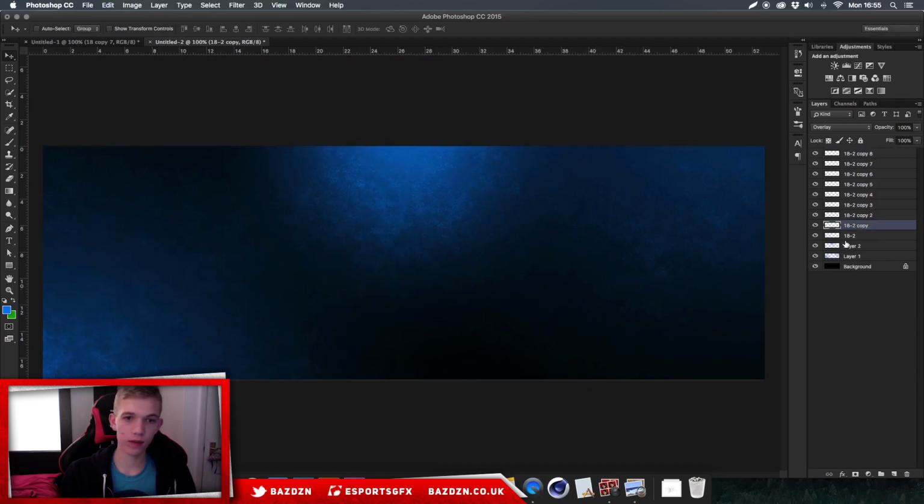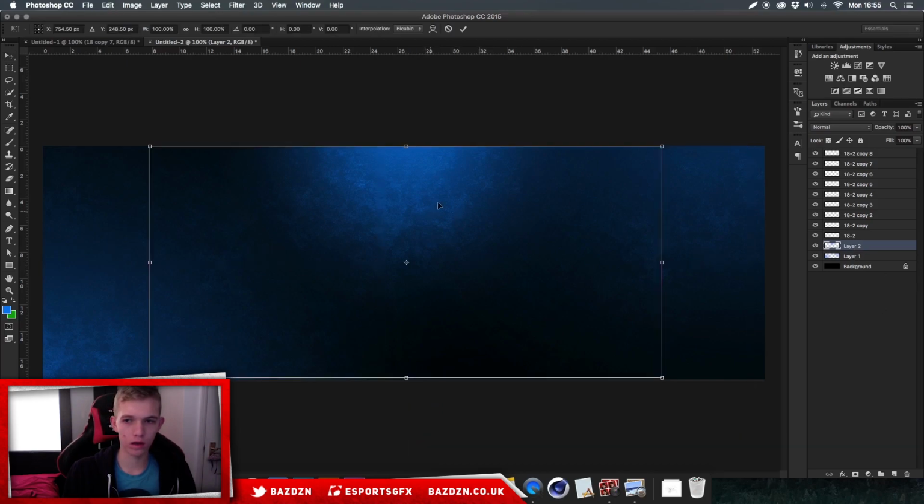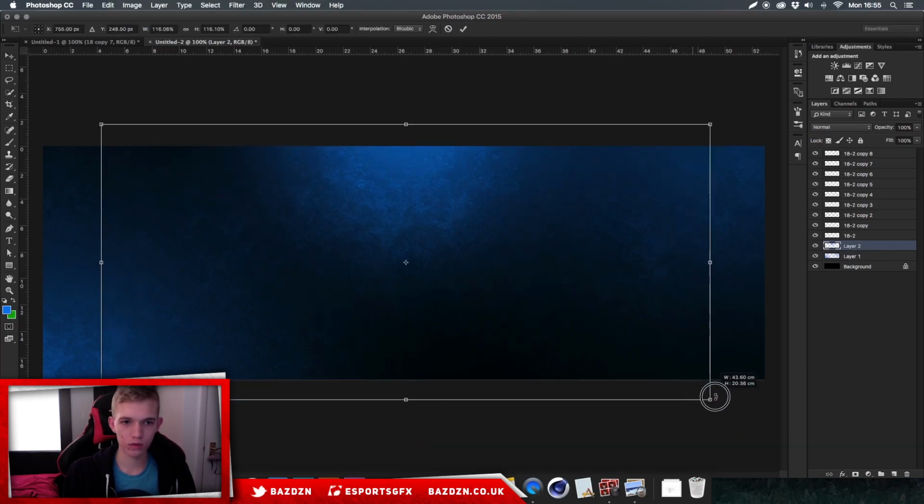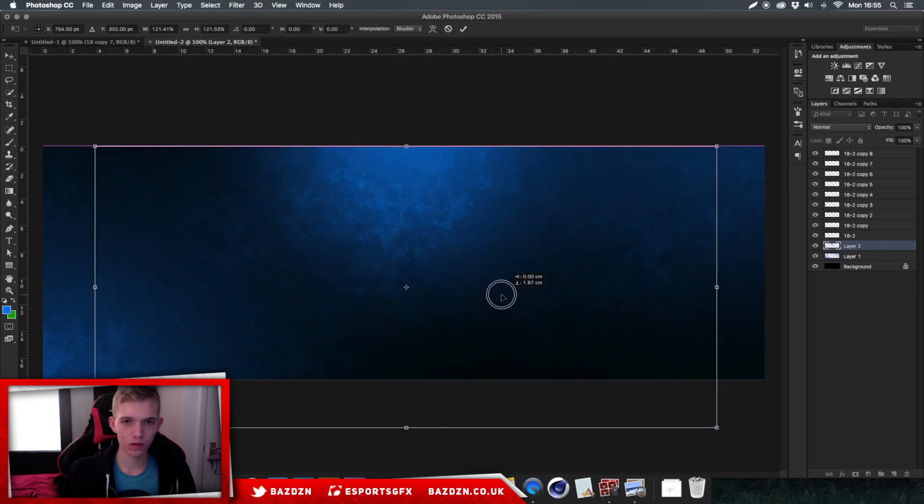Okay, now we've done that, I think I want this blur in the middle, well, this light, to kind of expand over more areas. You can see we've got a lot of dark area over here. We don't really want that, so we might want to make it a bit bigger just by holding Command T once we got our light selected, and then we just drag it out,